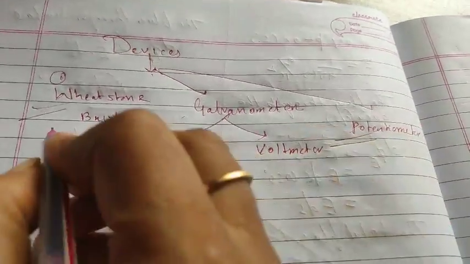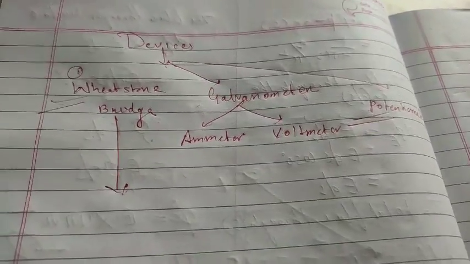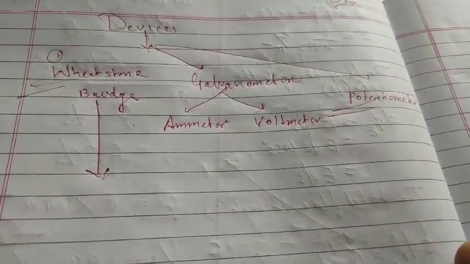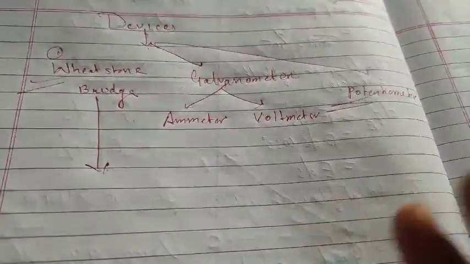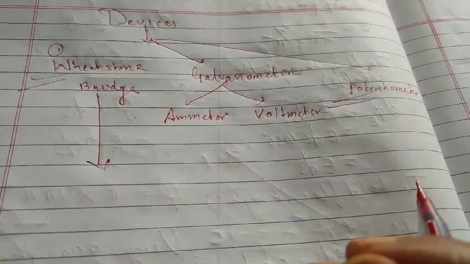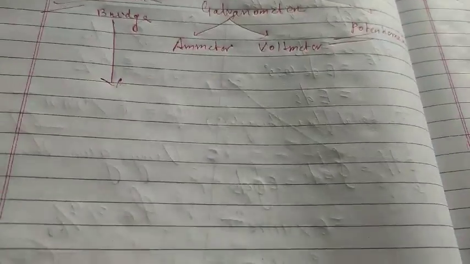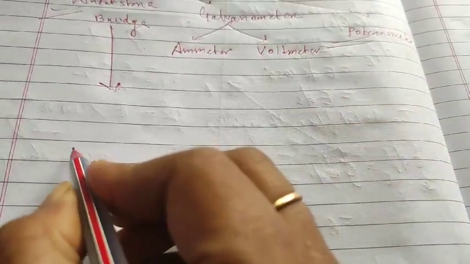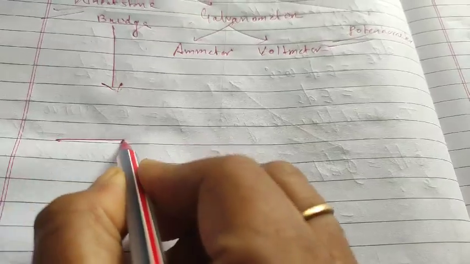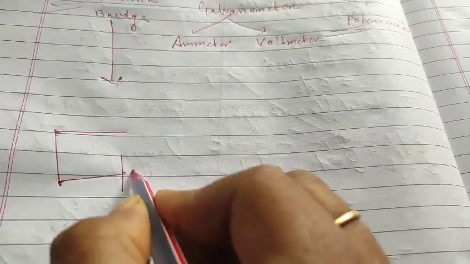So first we will cover the basic topic, that is Wheatstone bridge. Now you have to understand what is Wheatstone bridge, how we can create a Wheatstone bridge, and what is the application of Wheatstone bridge in an electric circuit. Clear? If you see the Wheatstone bridge, it is an arrangement of 4 resistors. It basically contains 4 resistors. So in a very fast manner I will show you the diagram.